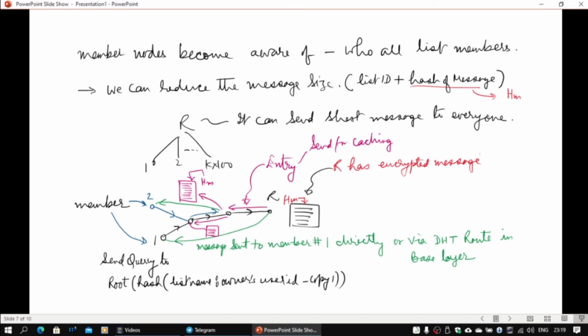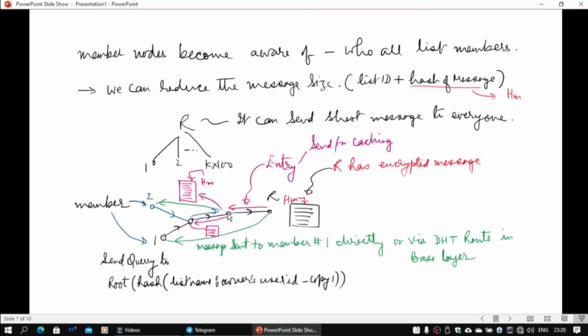Now we need to do something more, because if there are say 10,000 members, all of their queries will be coming to R, and R needs to serve them. If suddenly all of them become active and want to access it, it is going to be a bottleneck. So we need to use another phenomenon called caching here. When R sends to 1, it will also know from which route the query arrived. So it will also send a copy of this particular message, and remember, it is encrypted, so it is safe, along with the hash value, to the previous node from which the query arrived, and it will be cached there. The cache is shown here. There is an index, the content hash, which is used as the key entry, and there is an encrypted message.